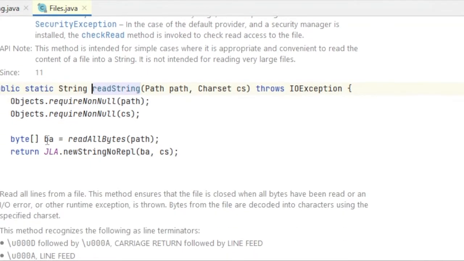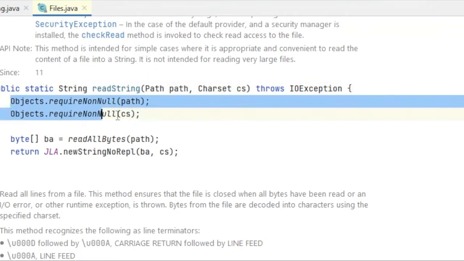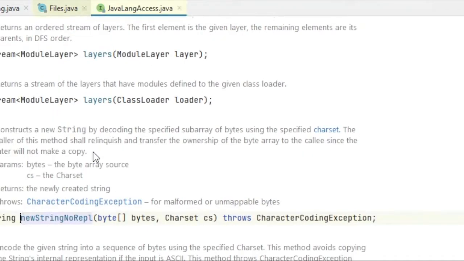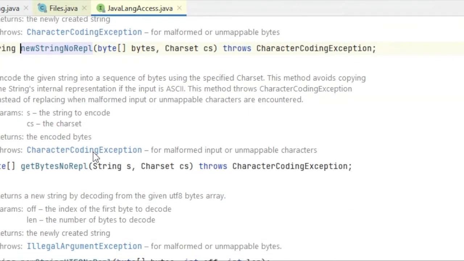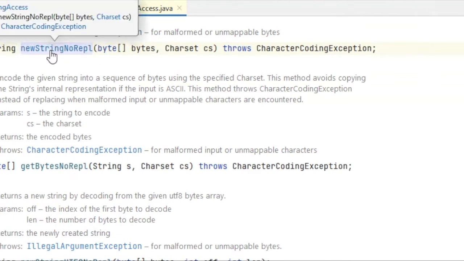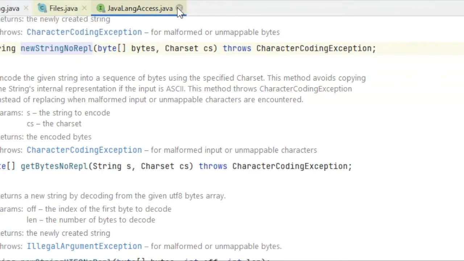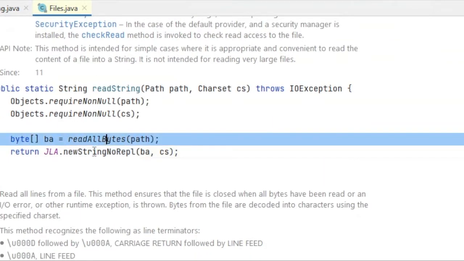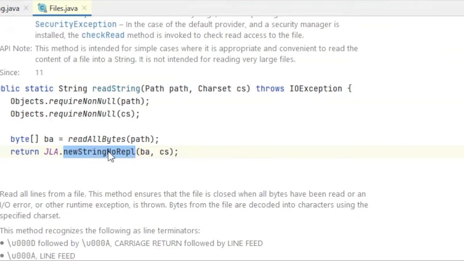See, first it just checks that these values should not be null, then it converts the file into bytes, and then goes to this method and writes it. There are multiple different implementations over it. So it just reads those bytes and returns them in the form of a string after converting them to a string.